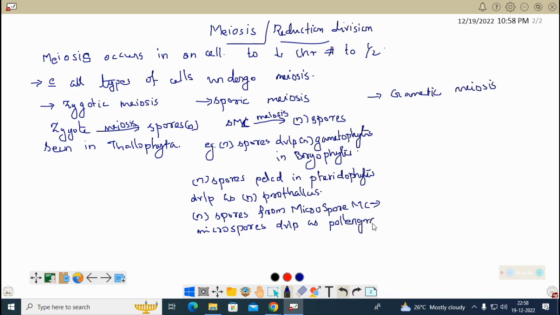You see, there also the microspore mother cell is undergoing meiotic division. Like that, megaspore mother cell also in gymnosperm. Pollen grain in gymnosperm, like that, the megaspore mother cell also we can say. And in the case of